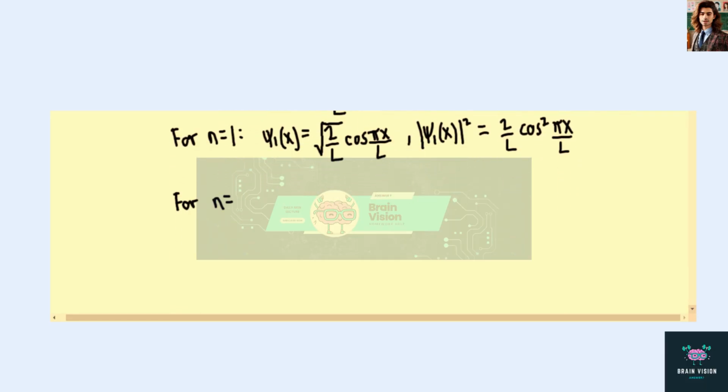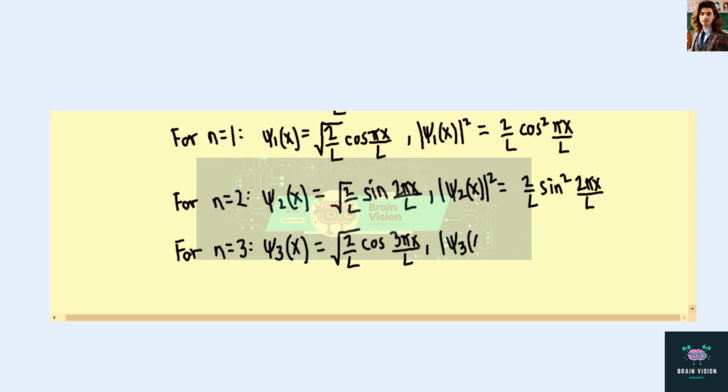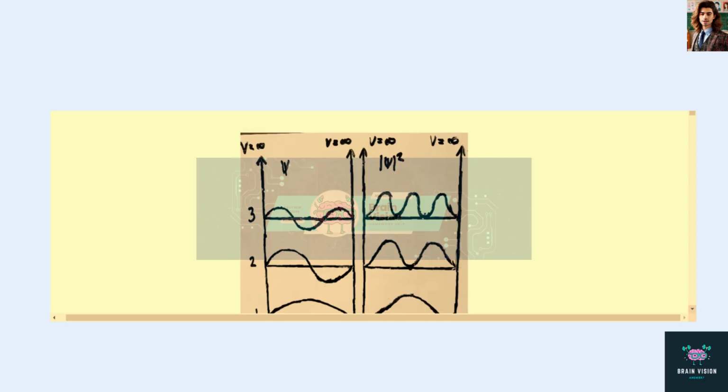We go on to n equals 2, and this time, because n is even, we actually have a sine function, sine of 2 pi x over L, and the probability density is the square of this, 2 over L times sine squared 2 pi x over L. And for n equals 3, we come back to a cosine function, but now we have 3 pi x over L as the argument, and we have the probability density as 2 over L times cosine squared 3 pi x over L. And we can plot these as well as the probability densities, and they look like this,